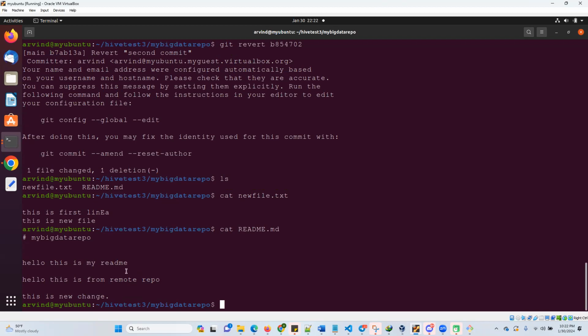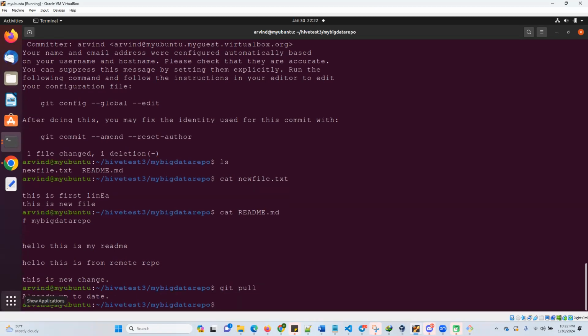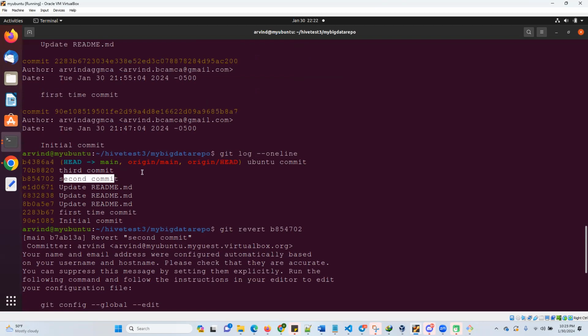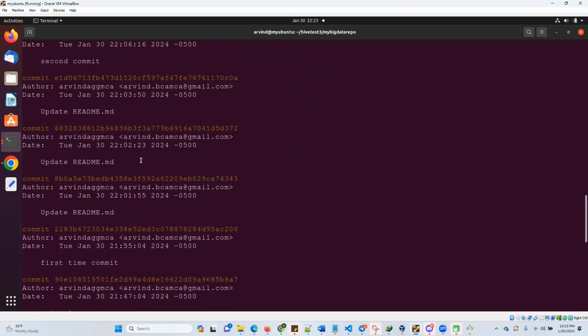Local change is not coming. When we did the second commit, what were the changes there? Third commit and second commit. In the second commit, I added